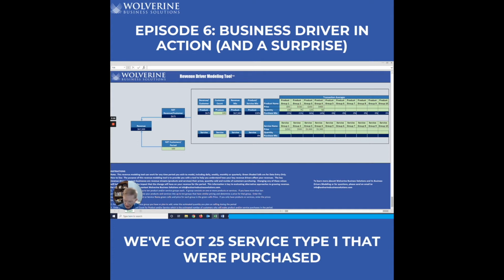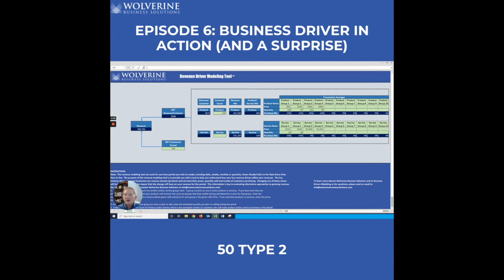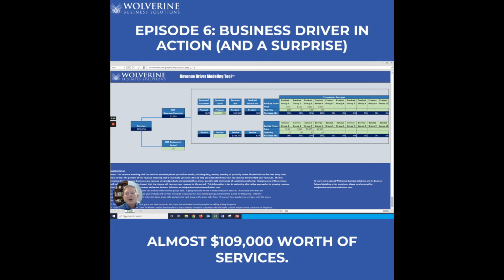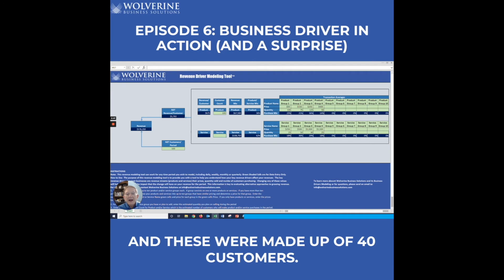We've got 25 service type 1s that were purchased, 50 type 2s, 40 type 3s, and 25 type 4s. So you can see we ended up with almost $109,000 worth of services,